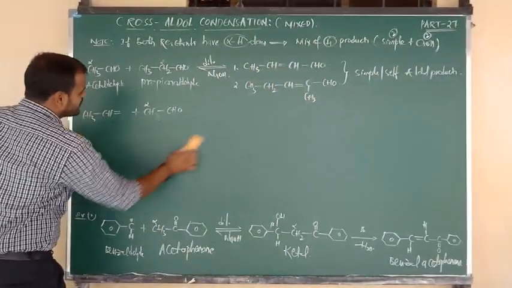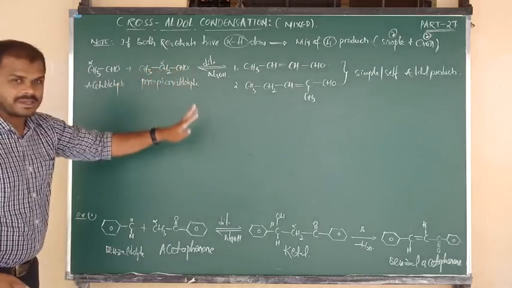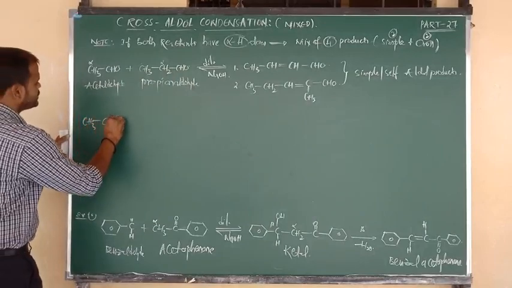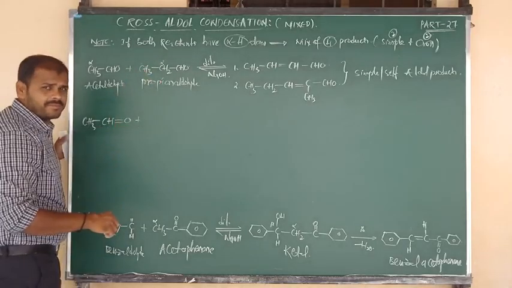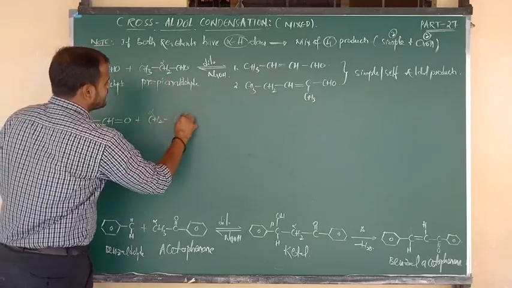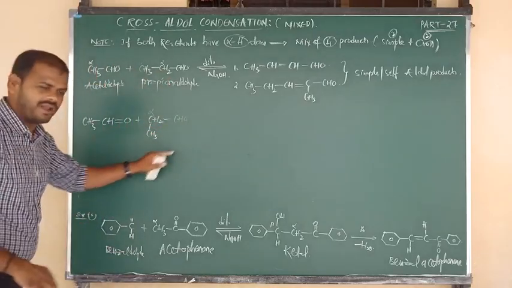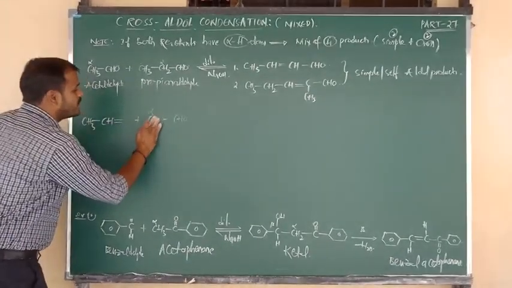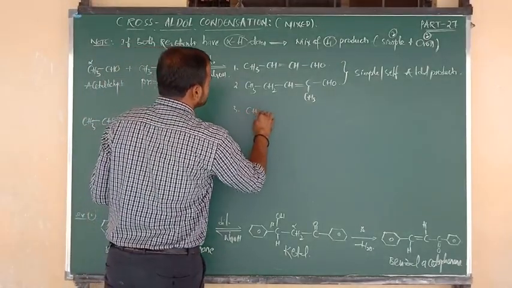Okay, fine. Next, I have told you A plus A the first product, B plus B the second product. Now A plus B. What is A? CH3 bonded to CHO, and you can write double bond O. And what is B? We don't want beta, we want alpha only. So CH2 is alpha, adjacent is CHO, and below the plane is CH3. So this is acetaldehyde, and this is propionaldehyde. From the first molecule remove O. From the second molecule, from the alpha position especially, we have to remove H2. Remaining, join: CH3 bonded to CH.